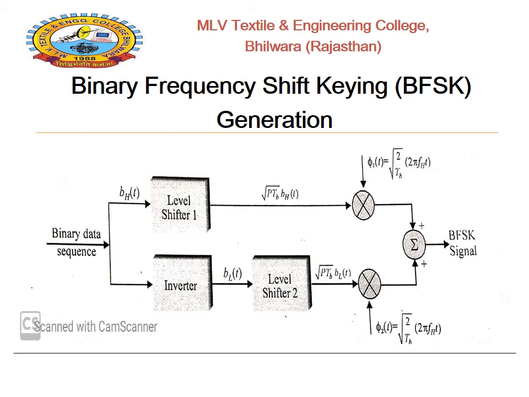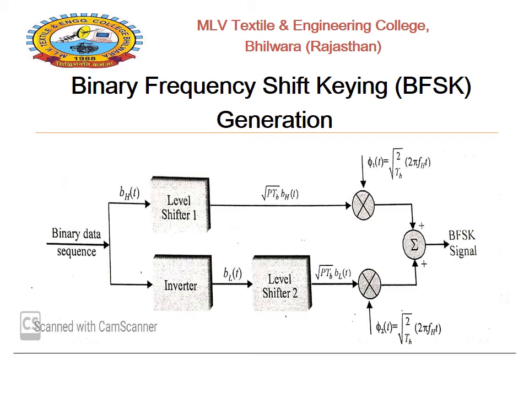upper part of the BFSK generator, and the lower part consists of the inverter, level shifter and the product modulator. The inverter's purpose is to convert 1 to 0 or 0 to 1. So the input bit sequence is inverted by the inverter to provide the BL of T. The upper section is related to BH of T and the lower section is related to BL of T,